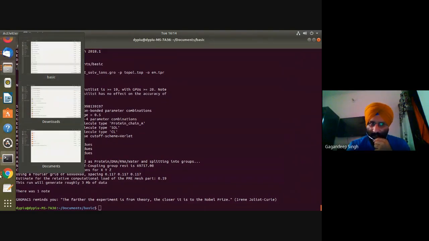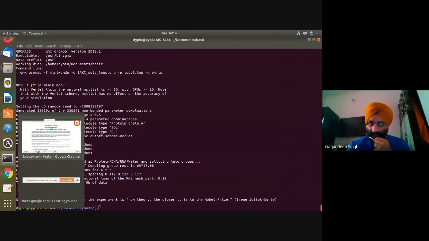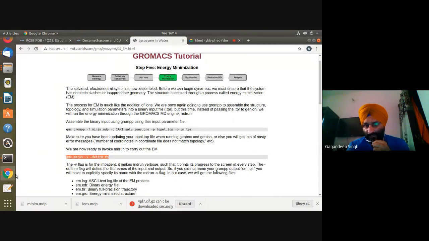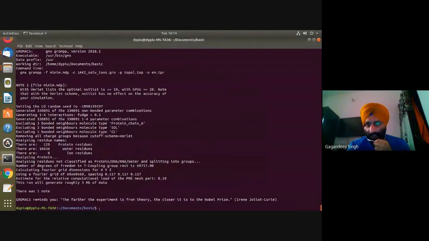Now go for the GROMACS molecular dynamics run, GMX mdrun. And then we'll check that energy has been minimized, means potential energy has been minimized or not. Okay. And have you installed that particular tool for viewing the graph or not?